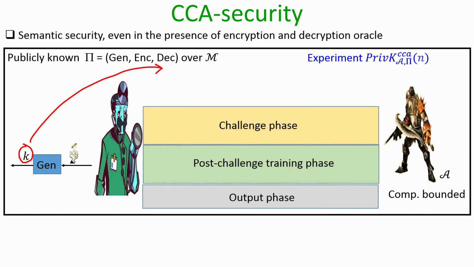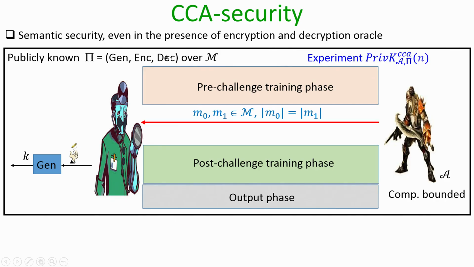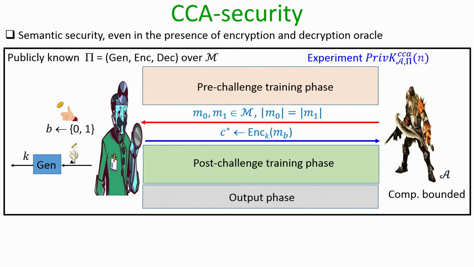So, once the pre-challenge training phase is over, we have the challenge phase where the adversary submits a pair of challenge plaintexts with the only restriction being that their length should be the same. To prepare the challenge ciphertext, the challenger randomly decides one of those two messages with probability 1/2, it could be the 0th message or the first message. Once it decides which message to encrypt, the challenger encrypts that challenge plaintext, and the challenge ciphertext C star is communicated to the adversary, and the challenge for the adversary is to distinguish whether C star is an encryption of M0 or of M1.